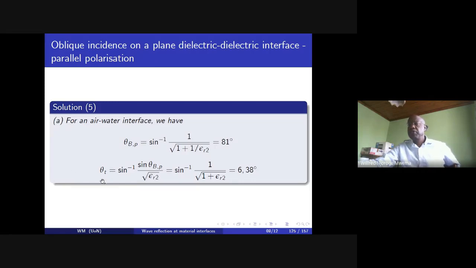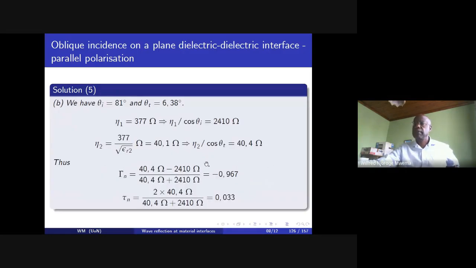And the angle of transmission is therefore going to be given by the arc sine of the sine of the Brewster angle divided by the root of epsilon r2. This comes from Snell's law of refraction. And once we do this, we get an angle of 6.38 degrees. This is almost grazing the surface of the